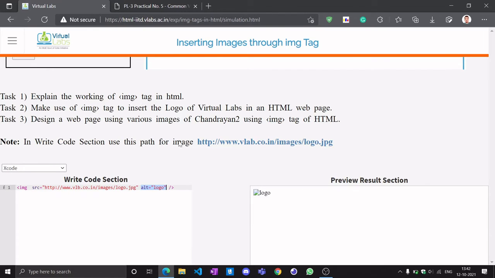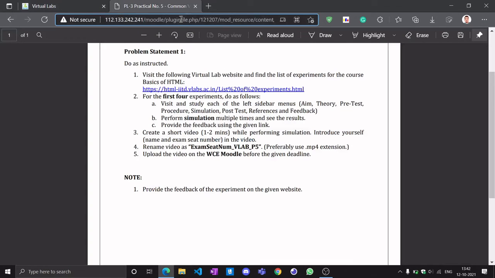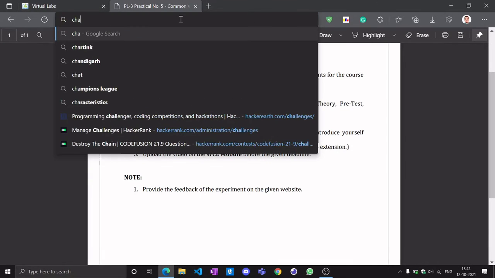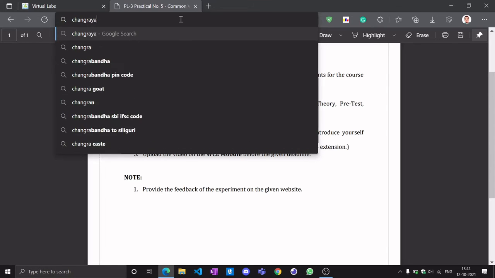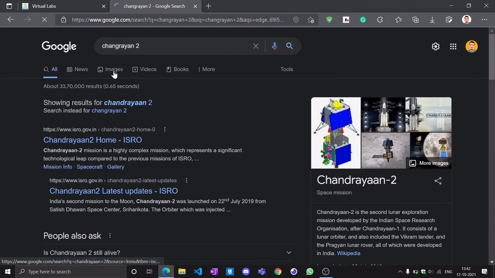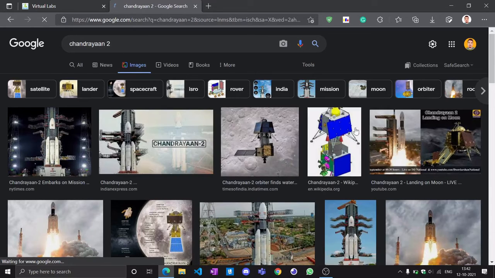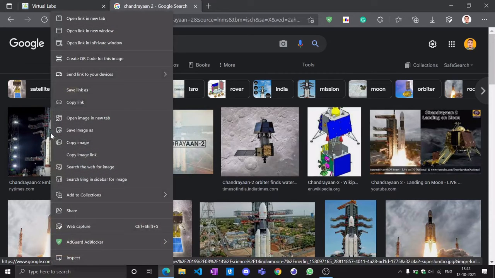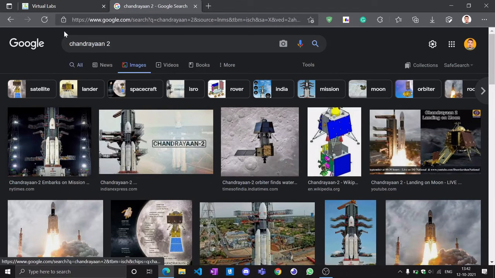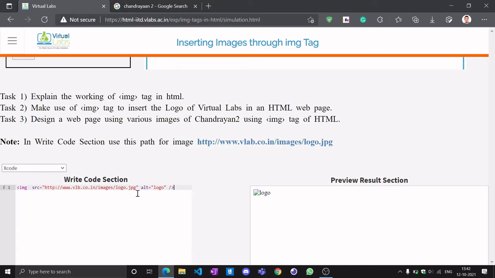So for Chandrayaan 2 using the image tag, let's search for some images of Chandrayaan 2, which we can get on Google. So let's add this image. We will copy the image link and mention it here as the URL.